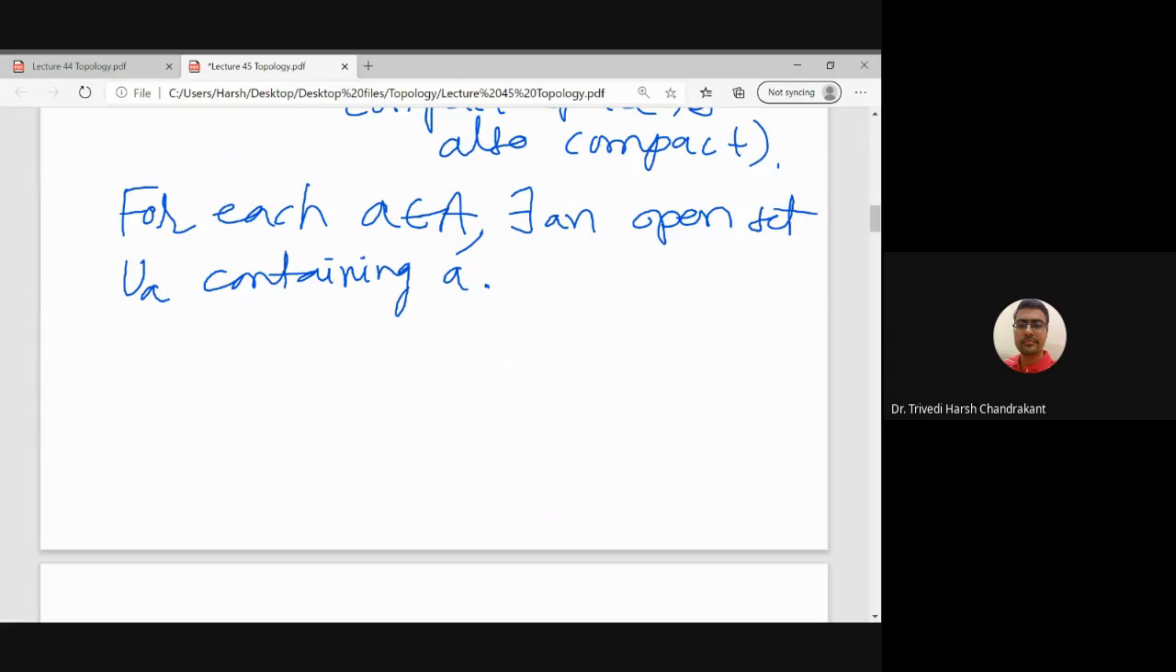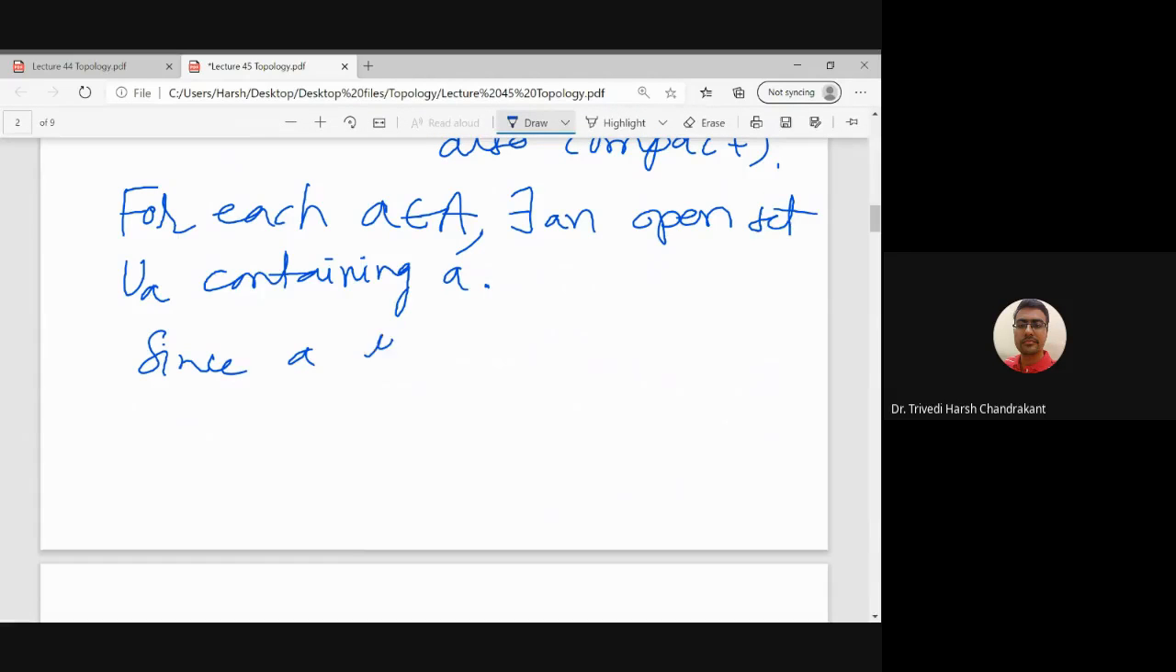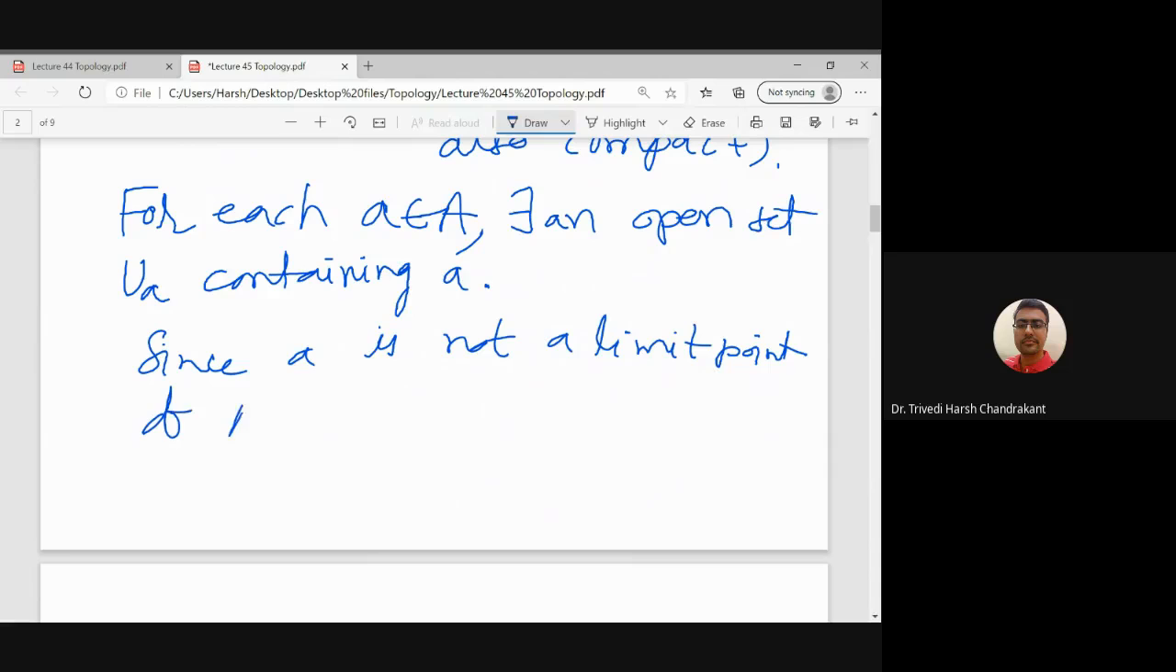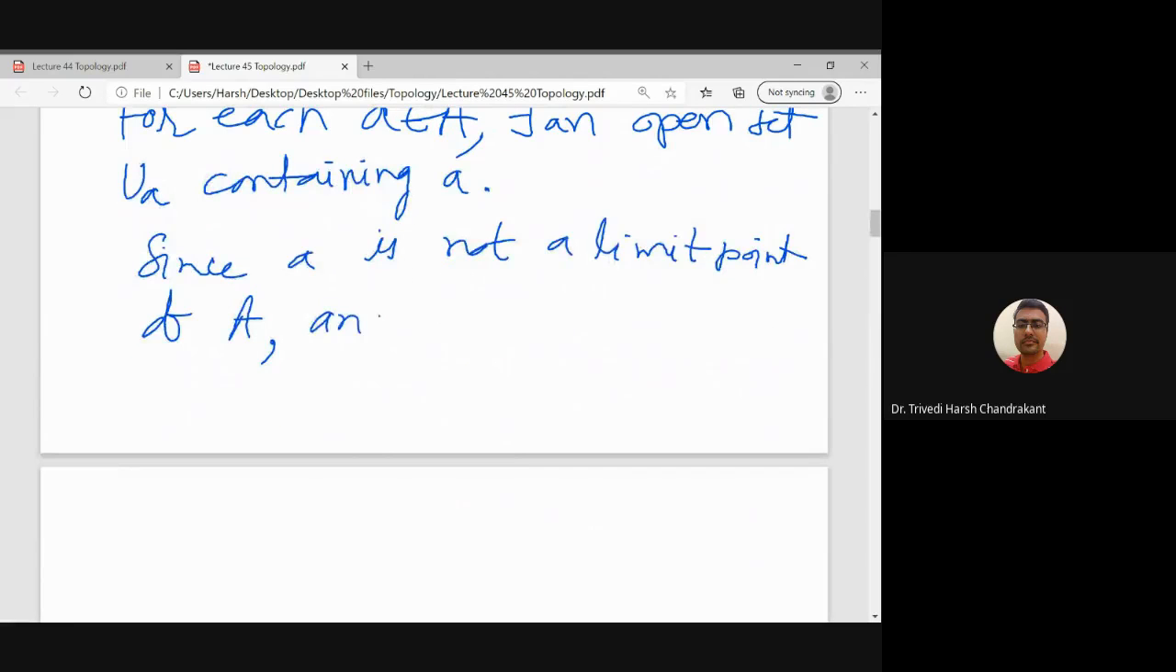So that means we have an open set which contains the point a, and what we know is that the capital set A has no limit point. So every point in A is not a limit point of A. Right. So we want to use a characterization of limit points. If you remember, a point is a limit point if and only if every open set containing that point intersects the set in a point other than that point itself. So that we want to use here, since a is not a limit point of A and U_a is